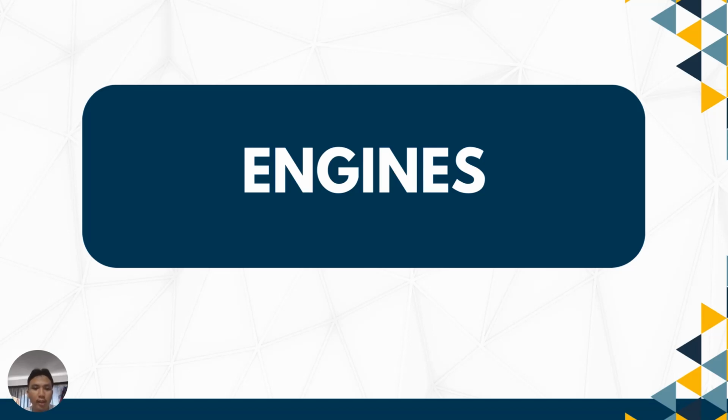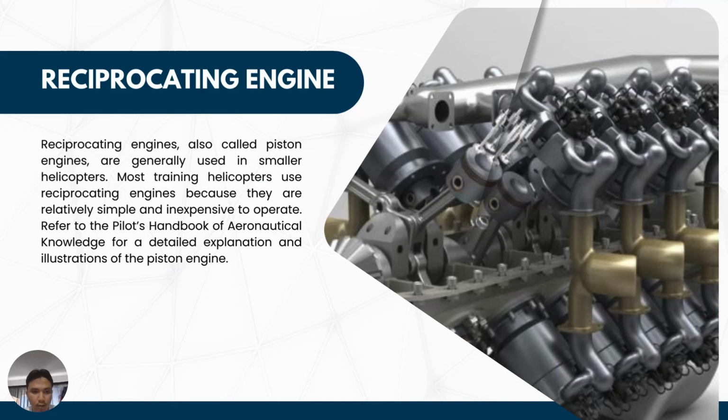There are many types of engines, and next, one of these is the reciprocating engine. Reciprocating engines, also called piston engines, are generally used in small helicopters. This is a type of heat engine that converts the energy from burning fuel into mechanical energy through the reciprocating motions of the pistons. In simpler terms, it's an engine where pistons move back and forth inside cylinders. This motion is used to generate power, commonly found in internal combustion engines used in aircraft.